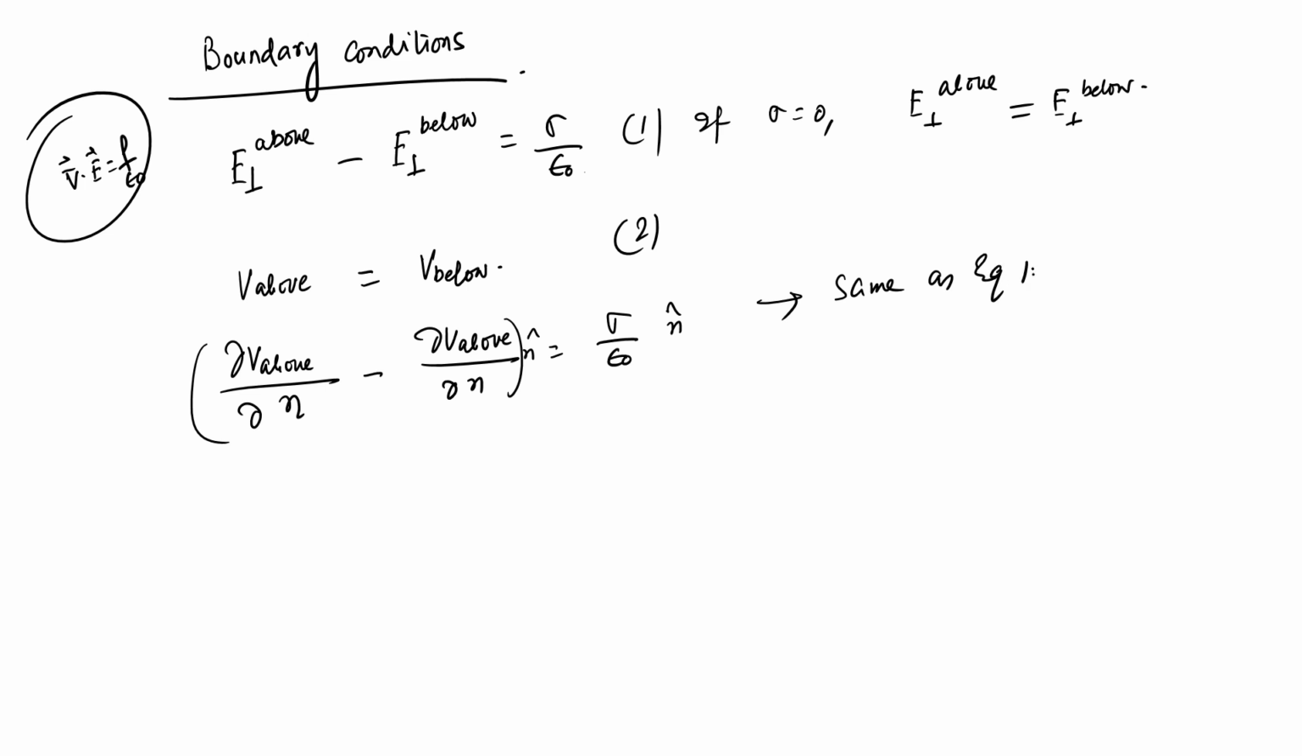So, either 1 or 3, let us call this 3 and 2. So, 1 and 2 or 3 and 2, these are the boundary conditions that we have, and this is basically for the electric field in the parallel direction. So, E parallel above is equal to E parallel below,